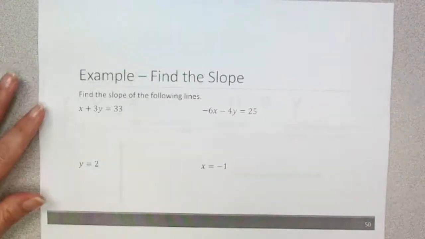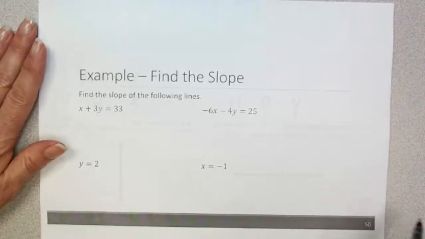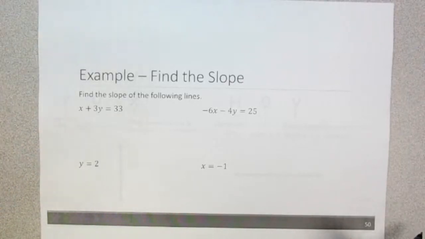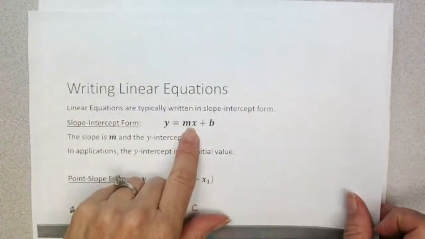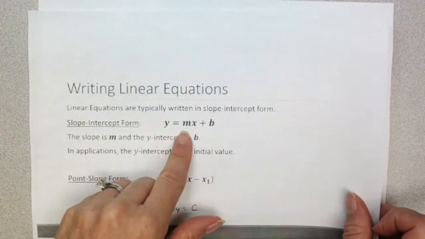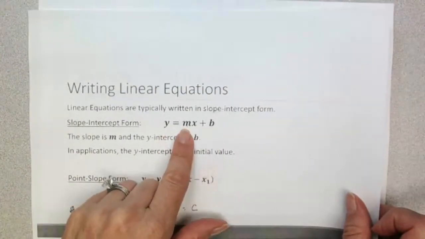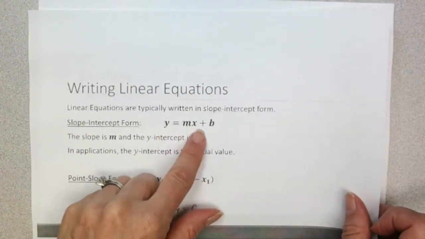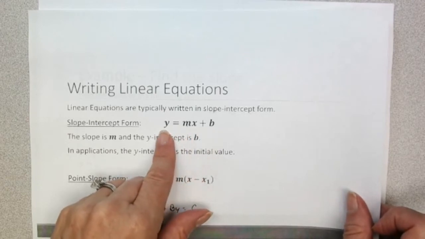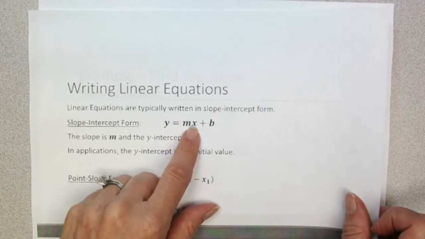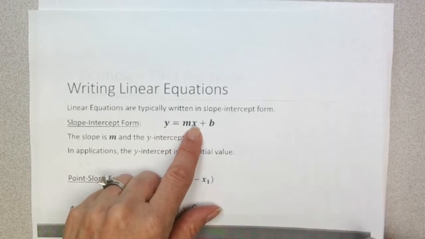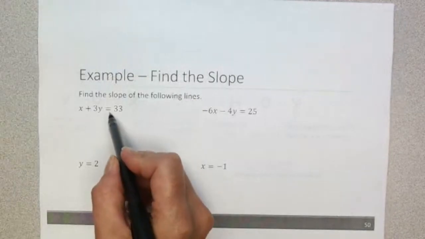Okay, let's come back to slope for a second. If we have an equation, and it's not necessarily written in any specific form, and we want to find the slope of that equation, the best form to use is this slope-intercept form. Look, if all we have to do to put an equation in slope-intercept form is solve for y, and if we have solved that equation for y, or we have y all by itself on one side of the equation, then the slope is going to be the coefficient of the x, or the number in front of the x. So if we look at this example here,